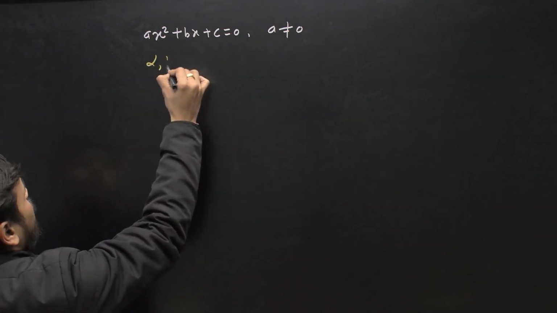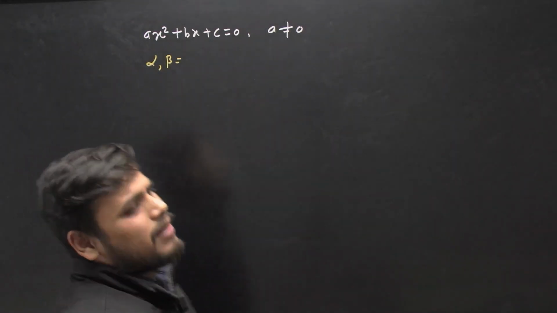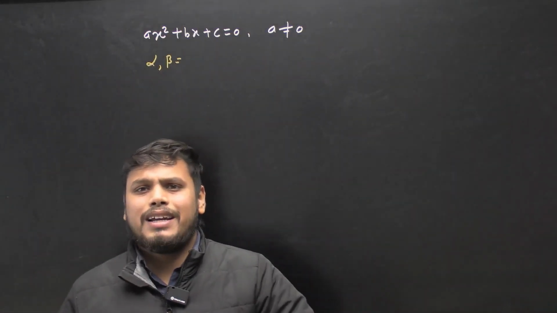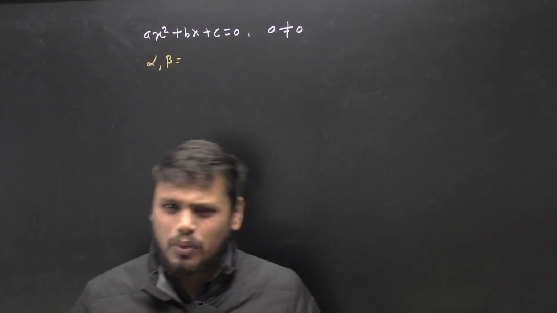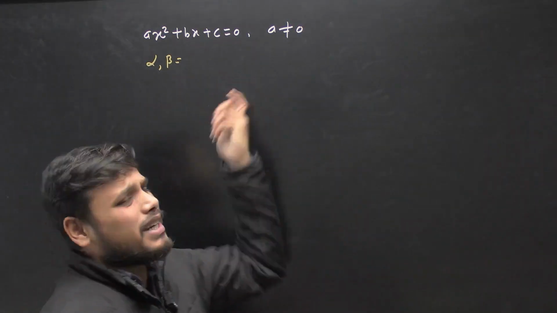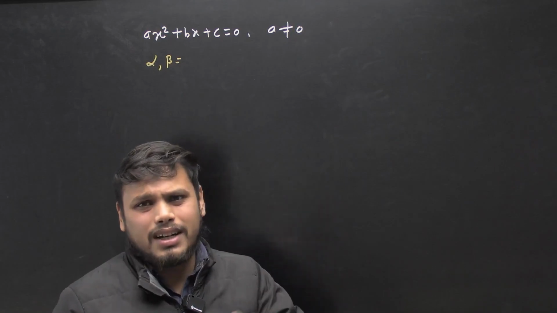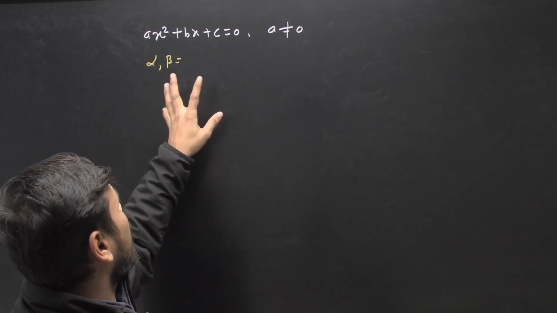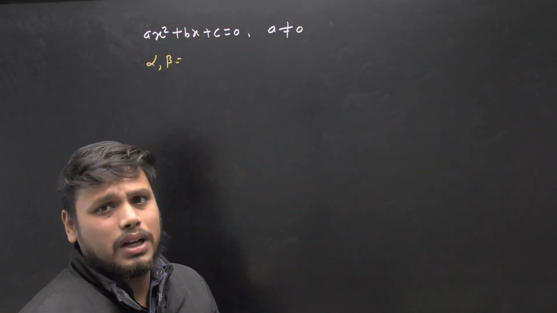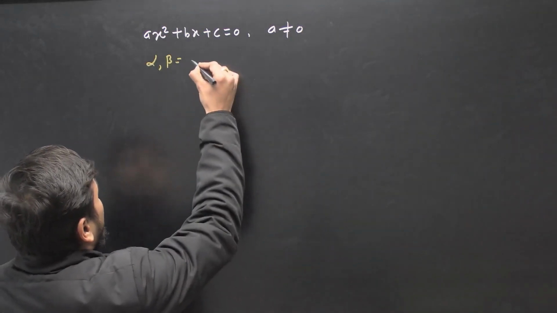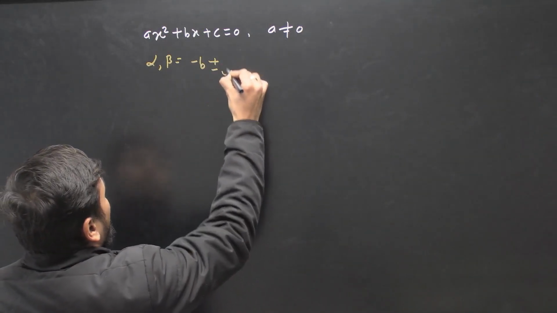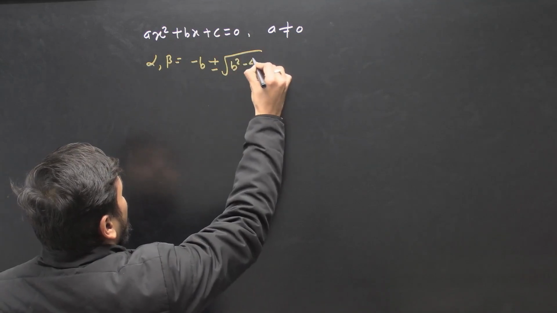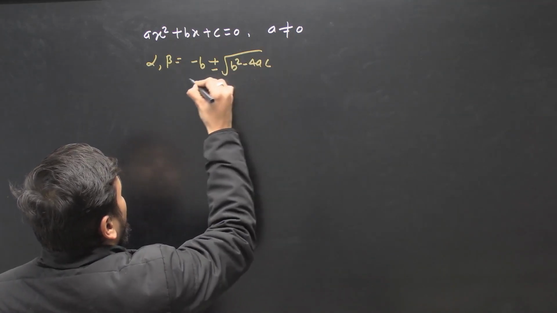Now what is the value of alpha beta? We have read this formula, Sridharacharya formula, and I am not going into the proof of it. Actually by just the completing square method, you can derive it. I am just writing the values of alpha comma beta. How do we determine it? It is nothing but minus b plus minus root over b square minus 4ac upon 2a,